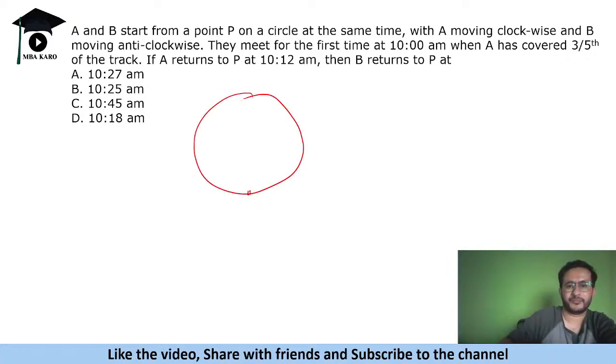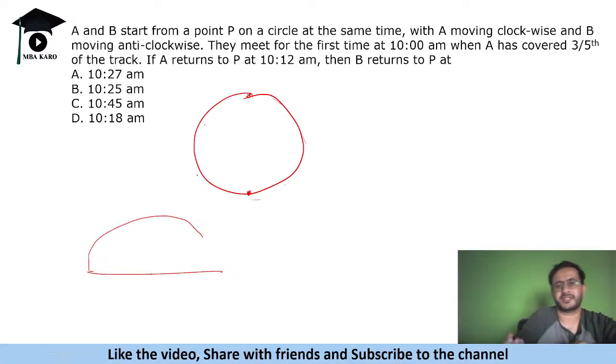ठीक है, ये एक पॉइंट पे मिलेंगे, फिर यहाँ से A अपने डेस्टिनेशन को जाएगा। वही है, लाइन को हमने सर्कल बना दिया। प्रीवियस क्वेश्चन में क्या था? प्रीवियस क्वेश्चन में था कि ये यहाँ से यहाँ तक चल रहे थे, अब हमने इन पॉइंट को जोड़ दिया। ठीक है, if we connect these two points it becomes a circle. पहले वो इस एंड से चल के इधर आ रहा था, इस एंड से चल के इधर जा रहा था, अब ये सर्कल पे मिल रहे हैं।